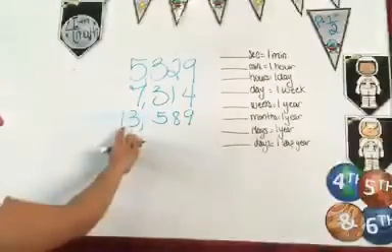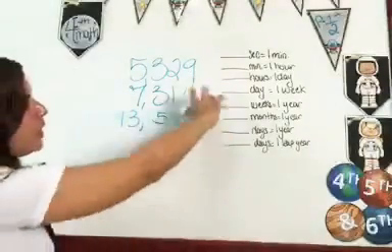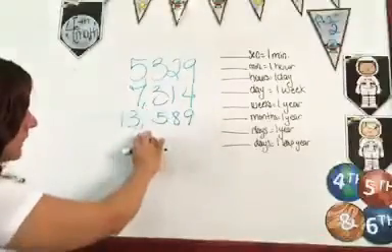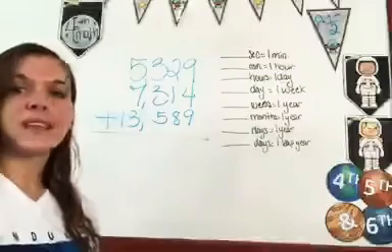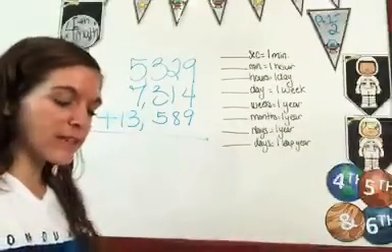And make sure your commas are lined up, okay? So it's going to be 9 plus 4 plus 9, 2 plus 1 plus 8, 3 plus 3 plus 5, 5 plus 7 plus 3, and then 1 over here when you add them together. But I'm not going to do it with you because I know you guys can add. So I just want to show you how to set it up. And then look at letter C.